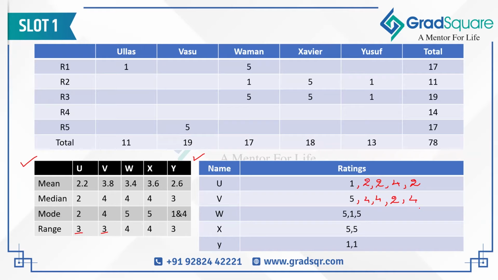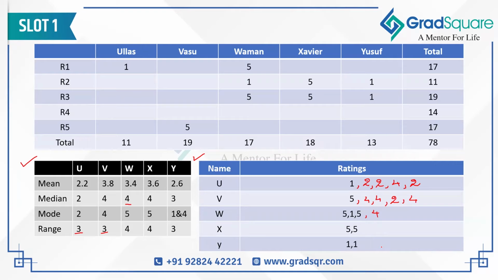Similarly, Vaman's 3 ratings are already known to us. 5, 1, 5. His mode is 5. So there are 2 5s already. So let's keep it at that. We have also been given that Vaman's median rating is 4, which means his central rating, the third highest rating for Vaman has to be 4. So there has to be one restaurant which would have definitely given him 4, which has to be the third highest rating, right? So the fourth rating that we can figure out for Vaman has to be 4. Now the last rating, the fifth rating has to be between 1 and 4. Why? Because 4 is the third highest rating, third lowest rating. So the second lowest rating has to be between 1 and 4.